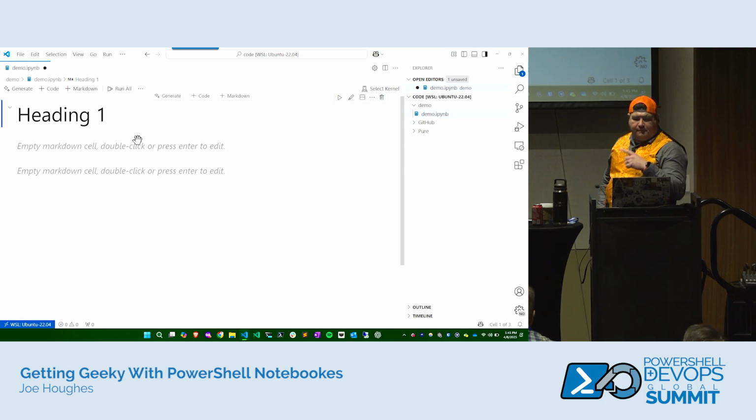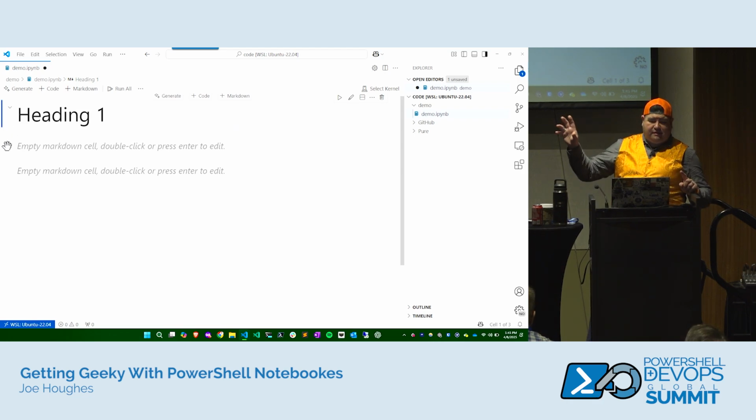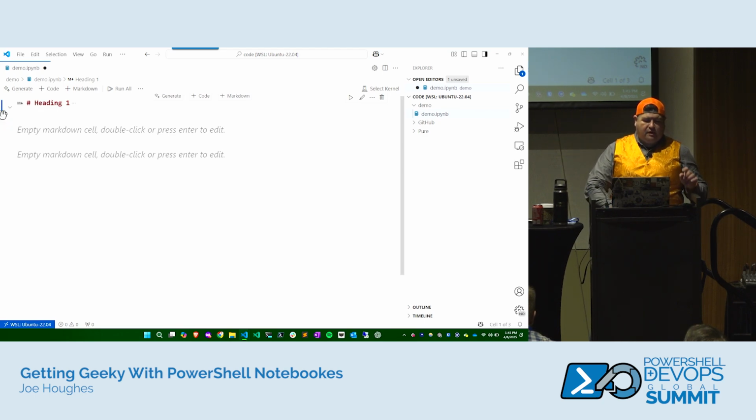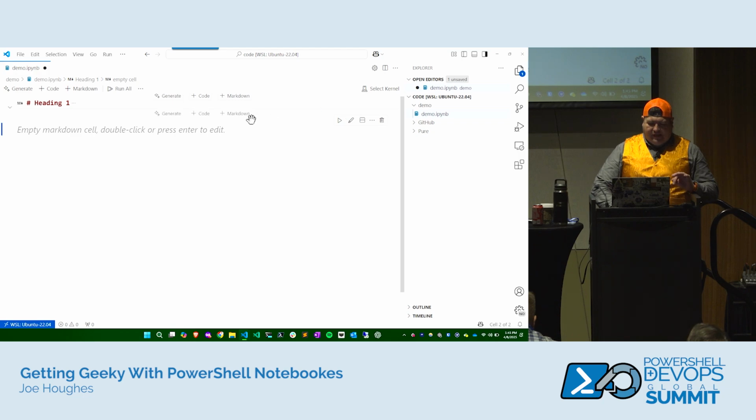Cool. You're going to have three different modes for every block that's here. You're basically going to have the unselected, I think is what it's called, which means everything is static. You're not doing any edits for anything on the page. You're in edit mode if you click on the bar to the left for your Markdown blocks. And then when you have a code block, you can get to the point of having an action status,